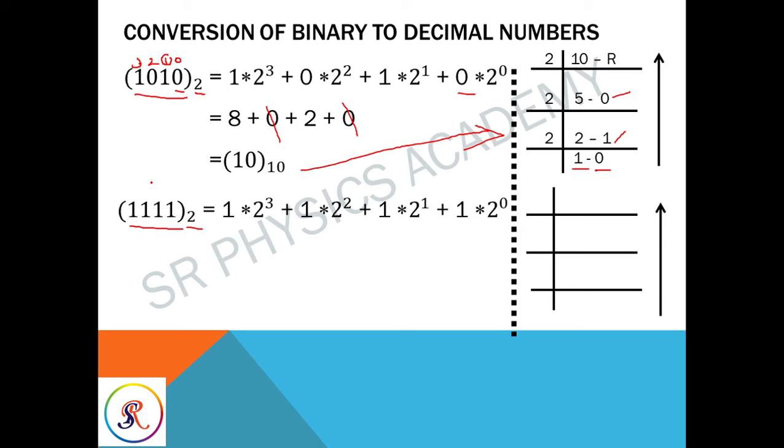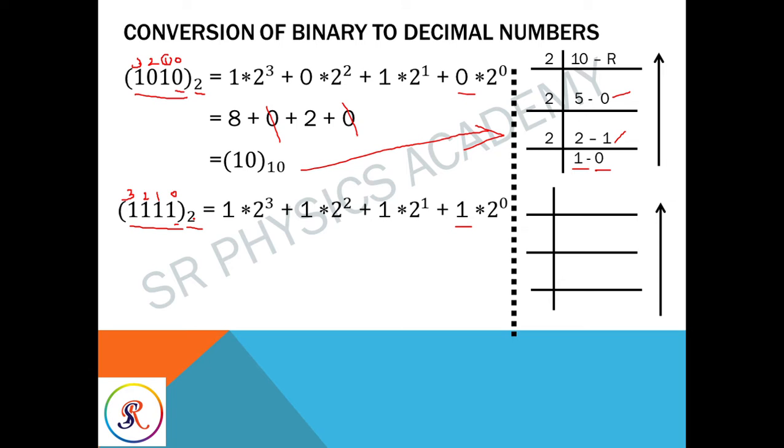So in this case we know, what is the power here? When we write the power left to right, that means 1, 2, 3. So if we have, suppose, one more number 1, that means the power will come to 4. So now we have only 4 digits, so we have taken 0 to 3. After that we have to write 1, and this 1 we have written as 1.